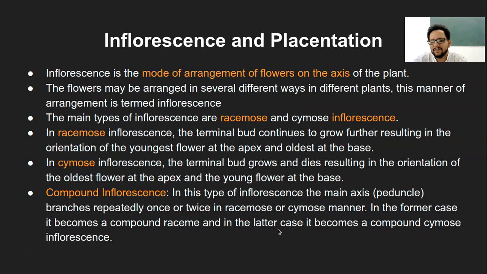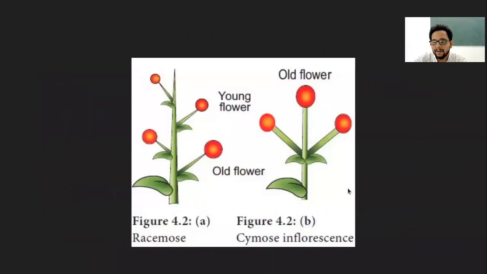But you can forget these facts. This is not so important. The last part of this paragraph is not important. What you need to know is these two types for sure. That is what is racemose, what is cymose, and there is a third type which is compound, which is nothing but the mixture of racemose and cymose, and that is good enough information. Otherwise, there are several other types of inflorescence. If you Google it, you will get a picture of how the flowers are arranged there. So this is just the representation of it, and you can remember it that way.